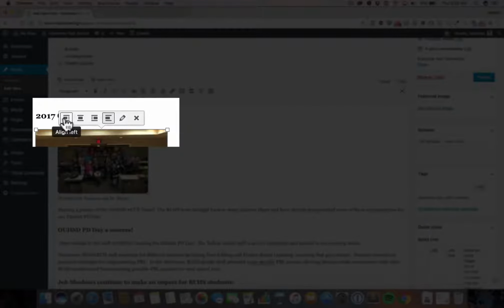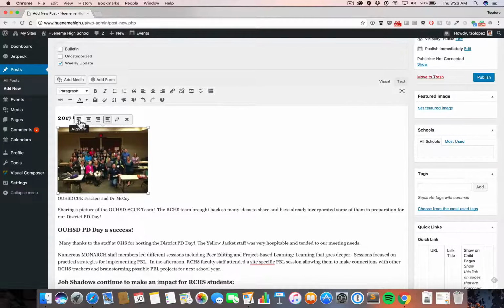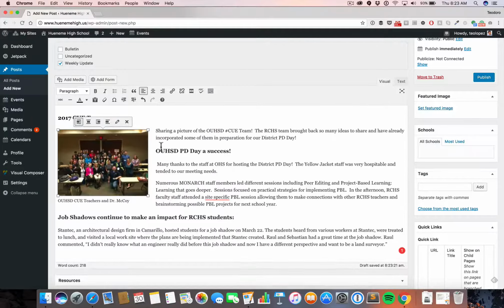This is so you can align left, align center, align right, or no alignment at all. So we're going to click on align left. And now you'll see all this info just wrap around the image. Now, we can leave it as is, and to see how it's showing up on the front end, so how